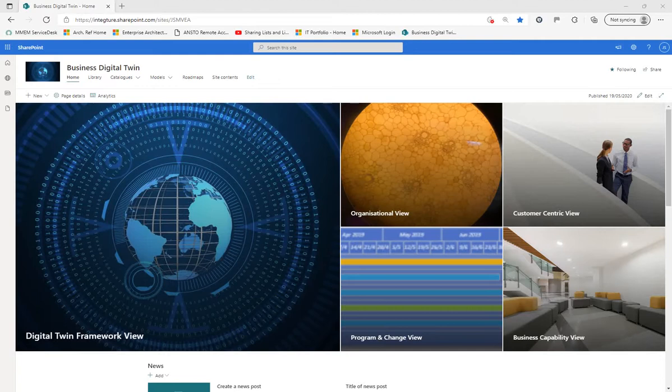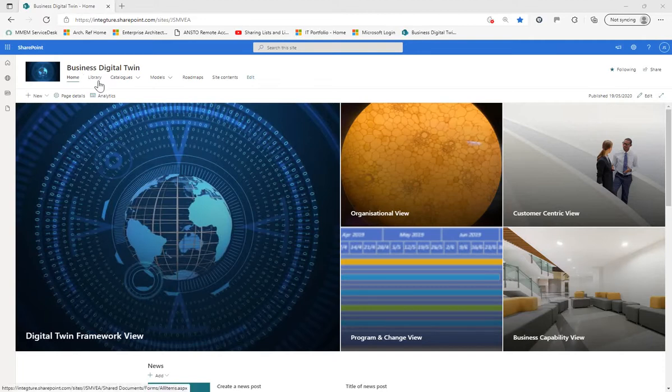This one is about editing using Visio to edit files and create visualizations of your models, and particularly the data linking, the linking of the shapes to the SharePoint lists and database with all the catalogs that we've got. So we're using the MVEA Business Digital Twin. So things will be laid out like this if you use it this particular way. Otherwise, if you've got it set up in a different way, you might have to find these things in different